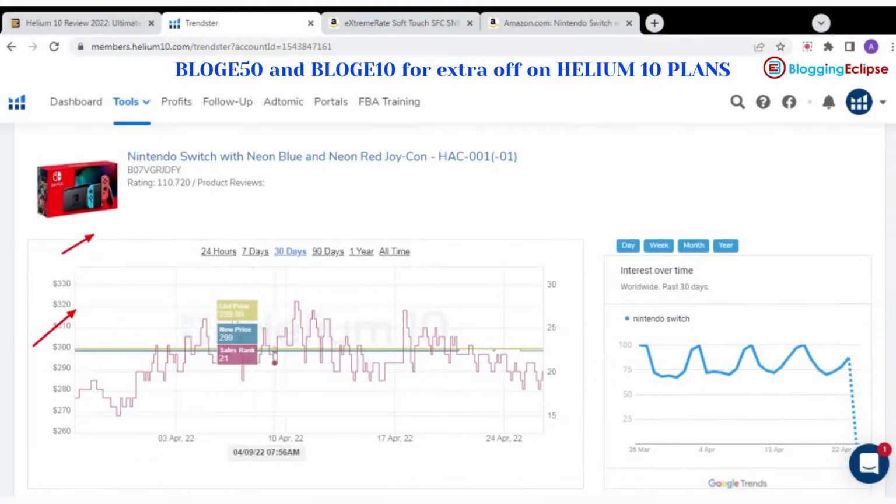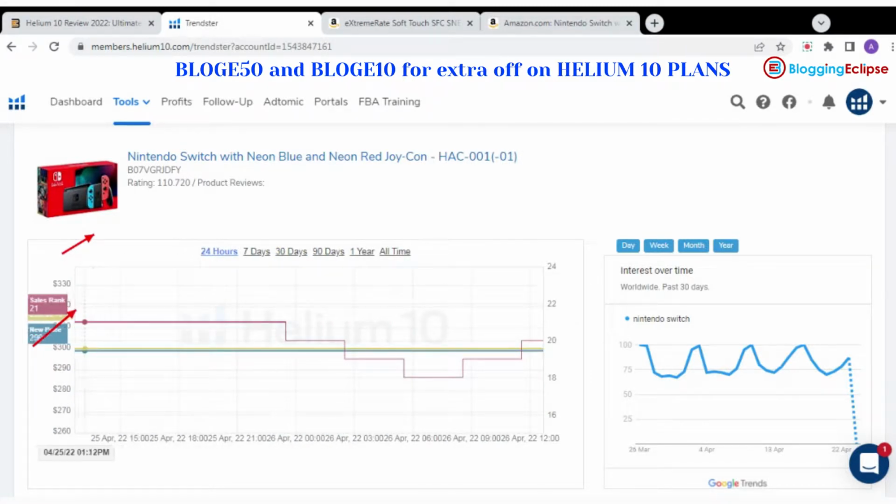In addition, you can check different time periods to see how a certain product was performing on a certain trend. For example, clicking on 24 hours will show us how this Nintendo Switch keyword and the product we just mentioned are performing. The new price is $299, and the sale price was $29.99, a difference of 99 cents.